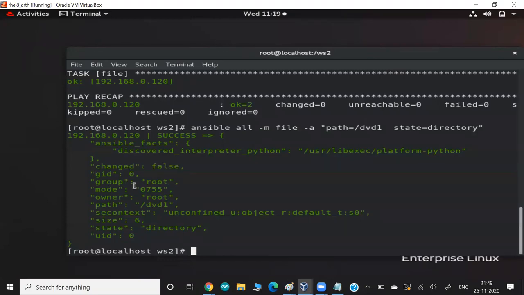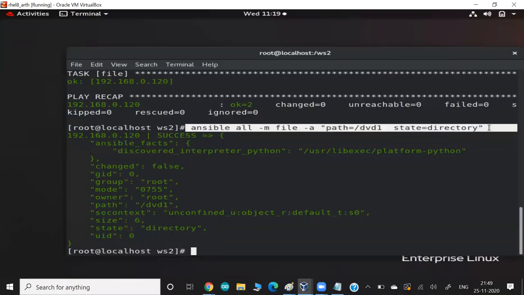Maybe they give you the return code or exit code. So if some kind of error comes up, it is always good for debugging. But if you use any